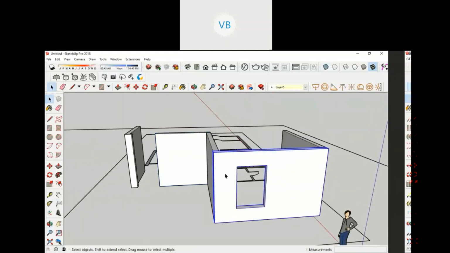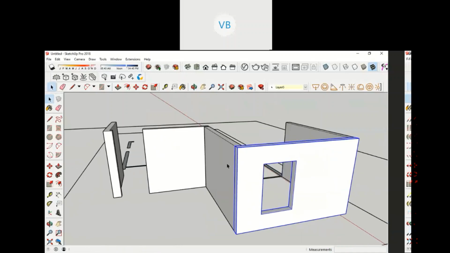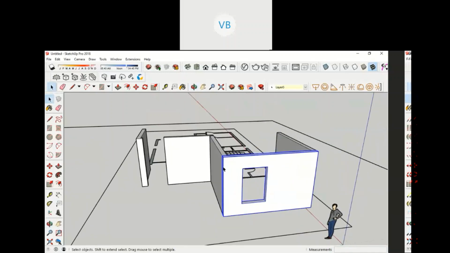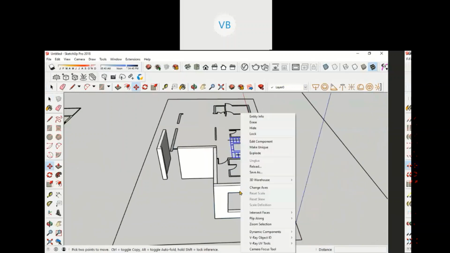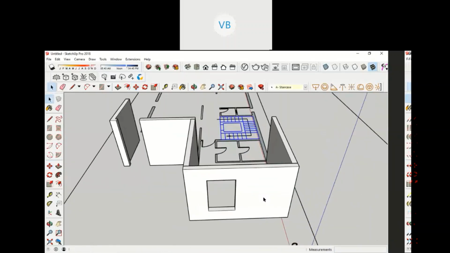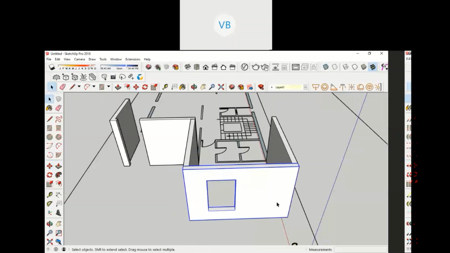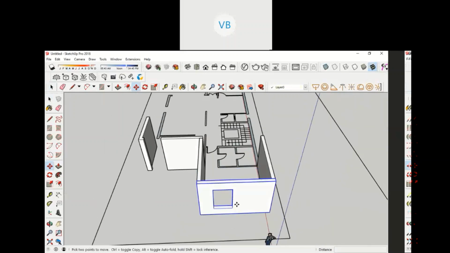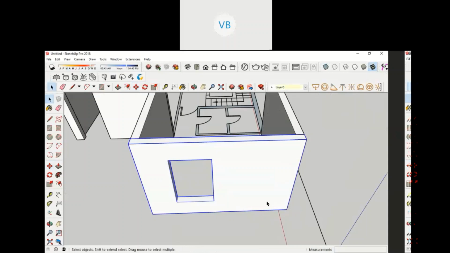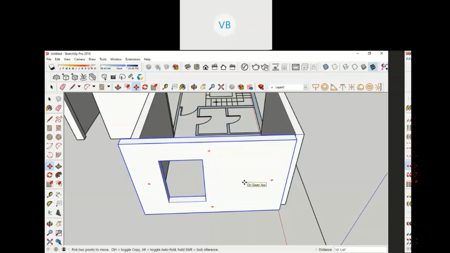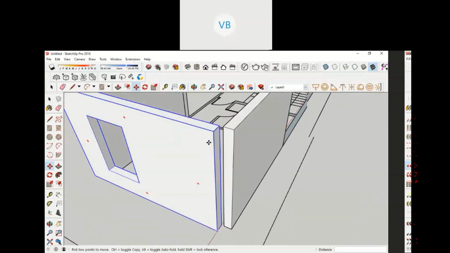The reason for me to create these things in a group is, let's say by accident, I have made some changes in my design, and I have to move my wall 1 foot here. Then I just have to select my wall anywhere. Press M command. M means move. Select the wall here anywhere, and then press 1 foot. That would be done. 1 foot, simple. That's how I've moved my wall 1 foot.